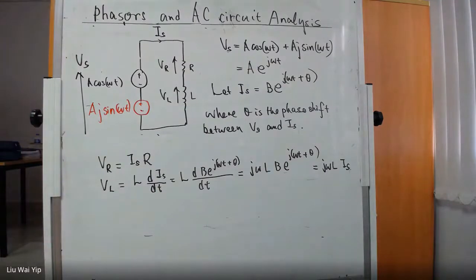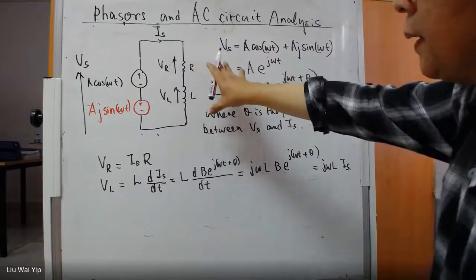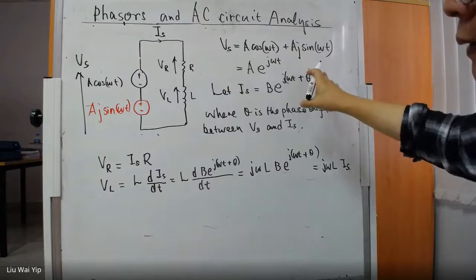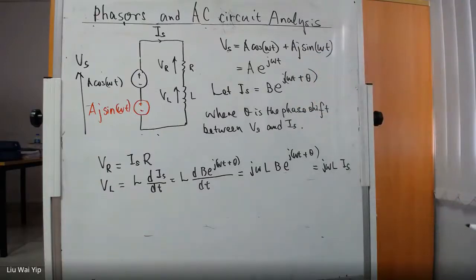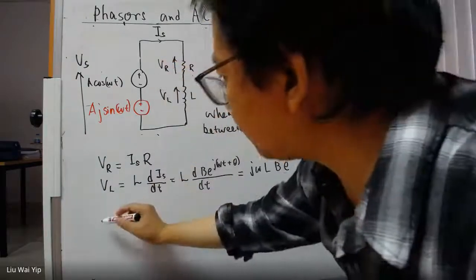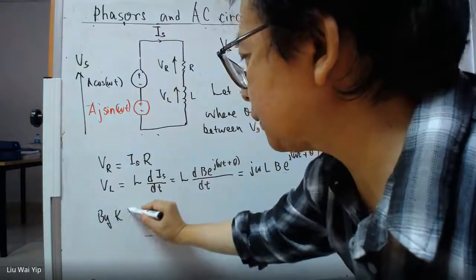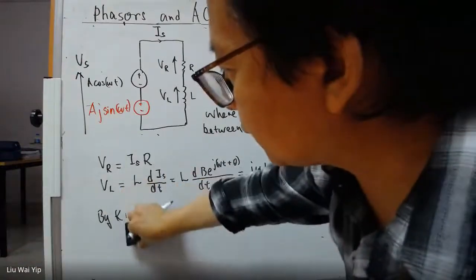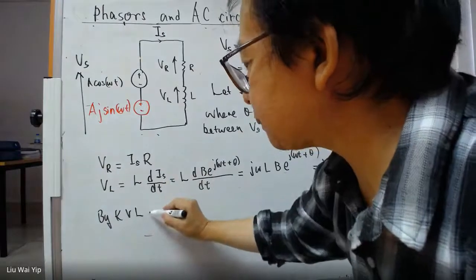Before going forward, let's examine if there's anything wrong. Okay, everything is okay now. Now, by Kirchhoff's voltage law around this circuit loop, so by Kirchhoff's voltage law,